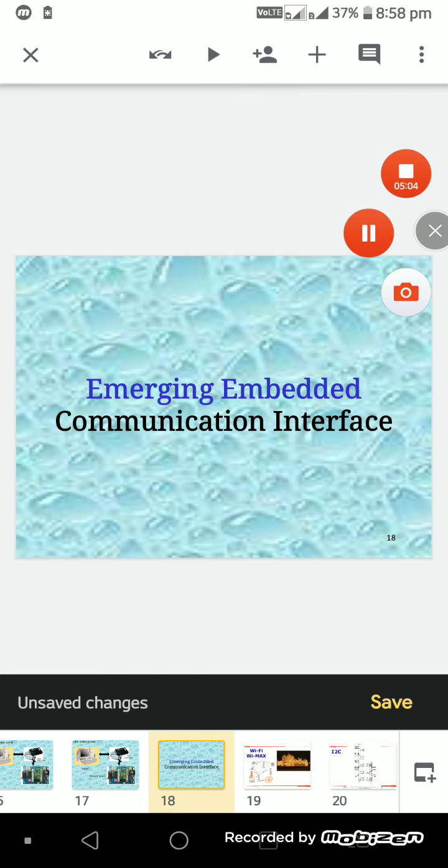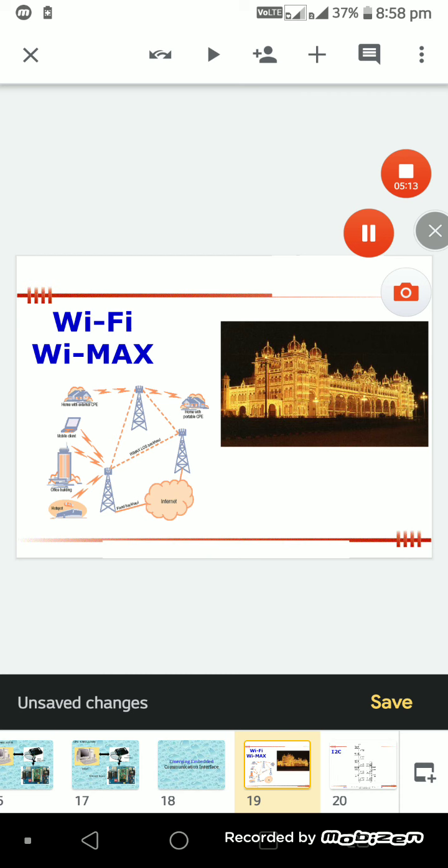Next, the communication purpose. Engineering embedded communications, interfacing in embedded communications. In embedded communications nowadays, we are mostly using either wired communication or wireless communication. At this time we are using advanced technologies, that means wireless technologies. A number of wireless technologies are available in the market. First wireless communications: Wi-Fi, Bluetooth, GSM, GPS and smart cards. Those are wireless communications.